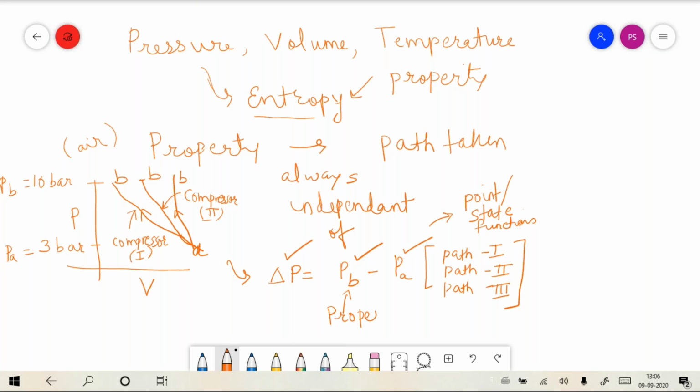They are the properties. So when we are saying that something is a property, we are saying that pressure is a property, it follows that it does not depend upon the path taken. If you are saying temperature is a property, it follows that it will not depend upon the path taken. Okay, it is a function only of the initial state and the final state. So this has to be very clear that property is not dependent on the path taken. Okay, is this clear? Now we would be going to show that there exists something called entropy, which is a property. Okay, so let me go to that proof now. I hope that this is clear.